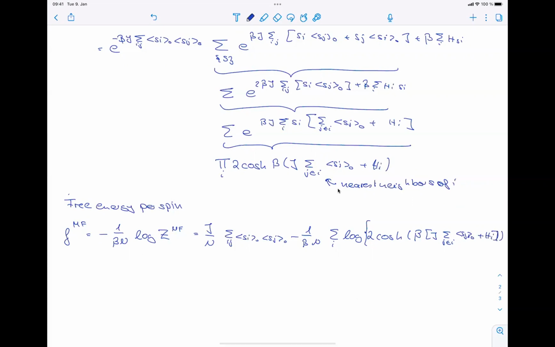Sorry, let me try to close all this. So this would be actually our capital phi potential that we need to minimize to find the optimal free energy. So minimizing the free energy now with respect to h_i